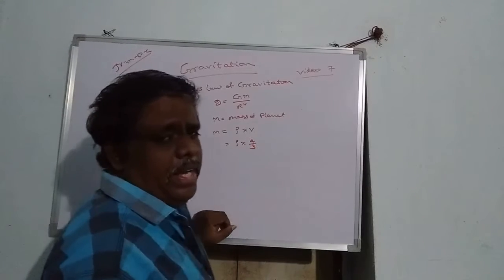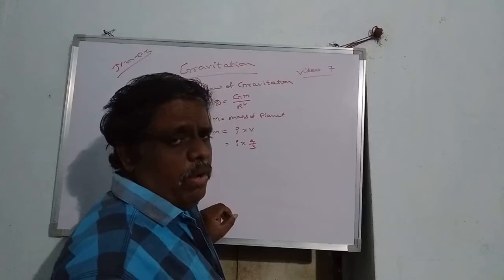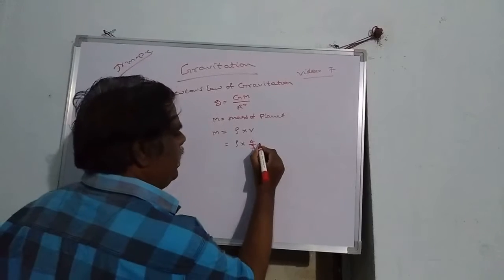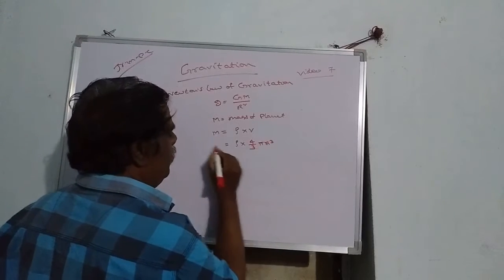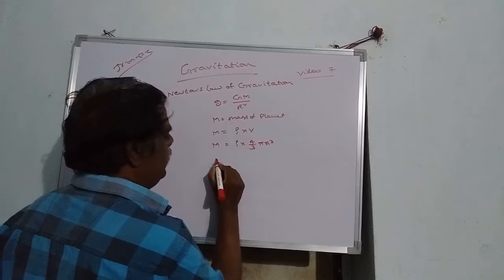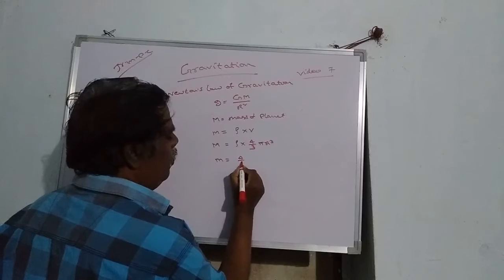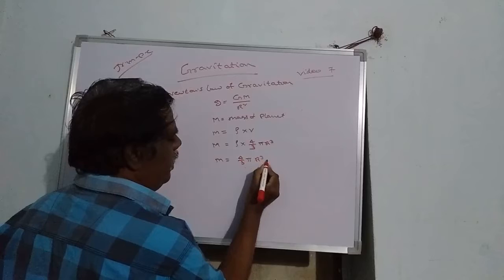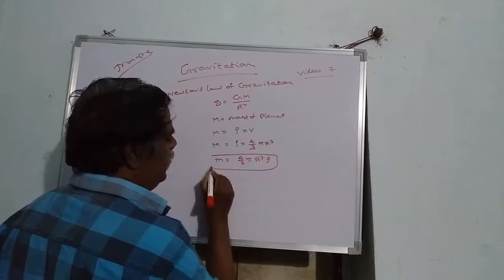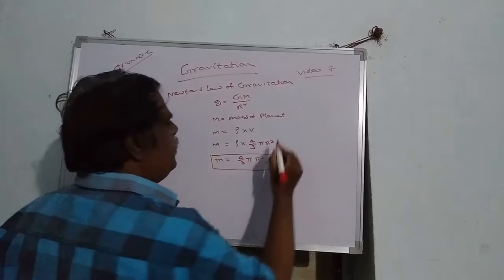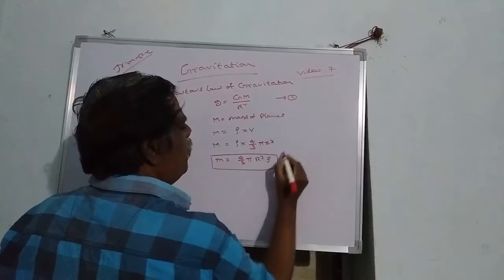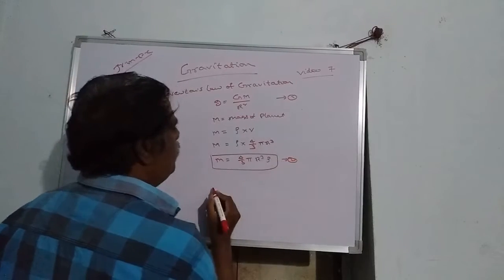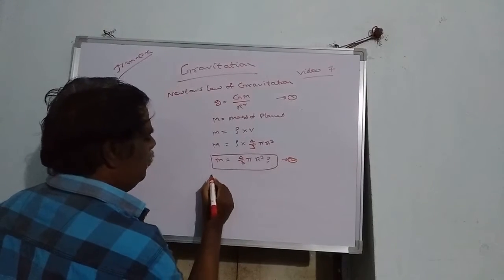Let us consider Earth is a perfect sphere. Volume of the sphere is 4 by 3 pi r cube. So the formula for mass will be equal to 4 by 3 pi r cube rho, where rho is the density. Let us say this is equation 1 and this is equation number 2. From this 1 and 2,